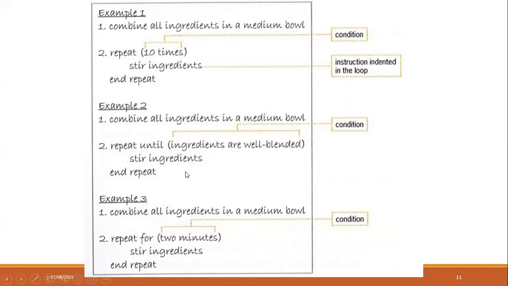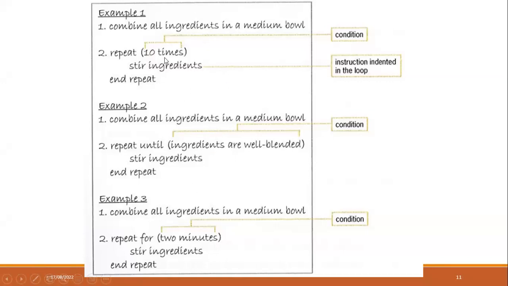In the second one also, you have to check whether the ingredients are mixed well, and you have to repeat 10 times. After that, you have 2 minutes. So this is making a cake.